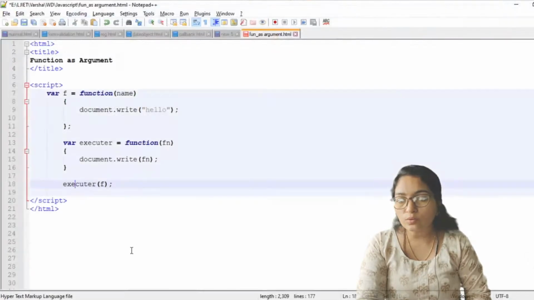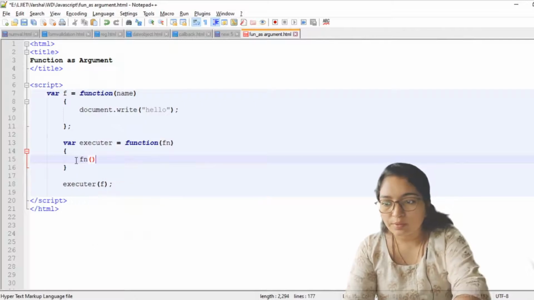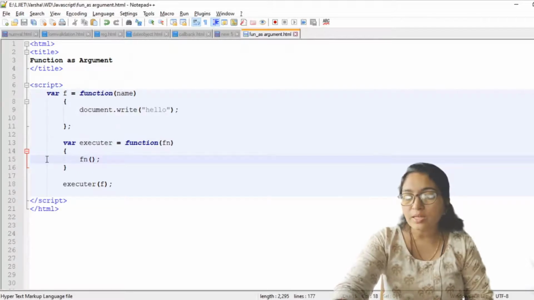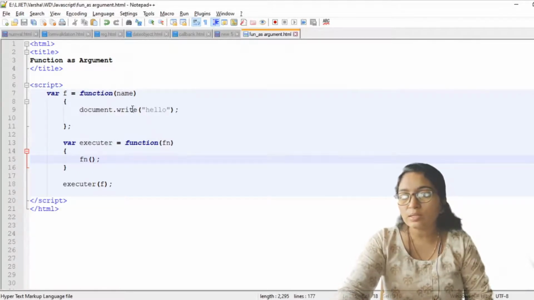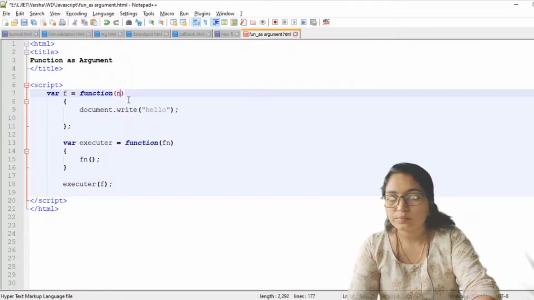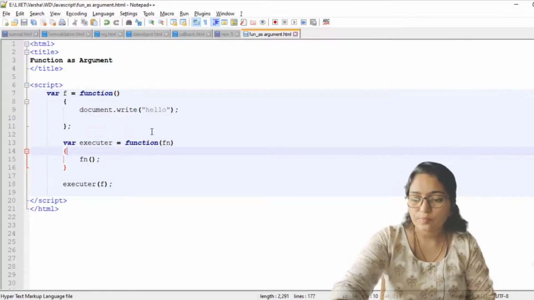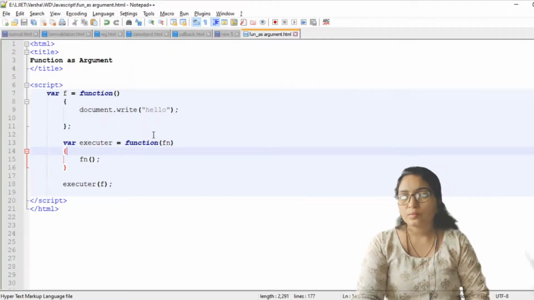So what we have to do, you just have to write fn over here. That means it will execute this function that is called, and it will print hello.